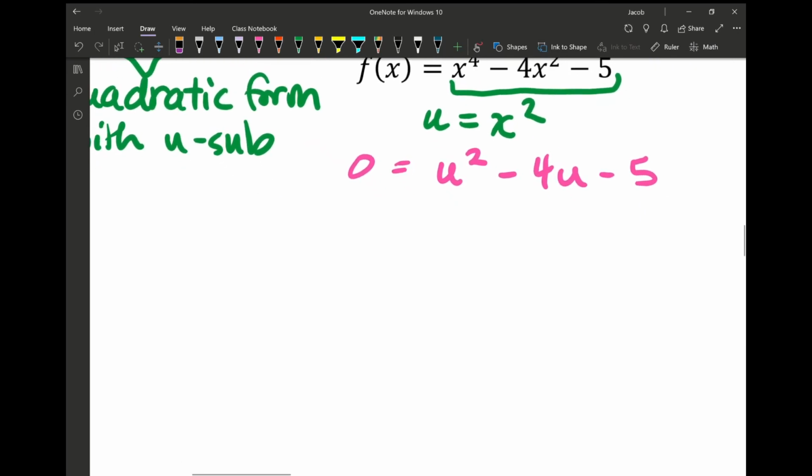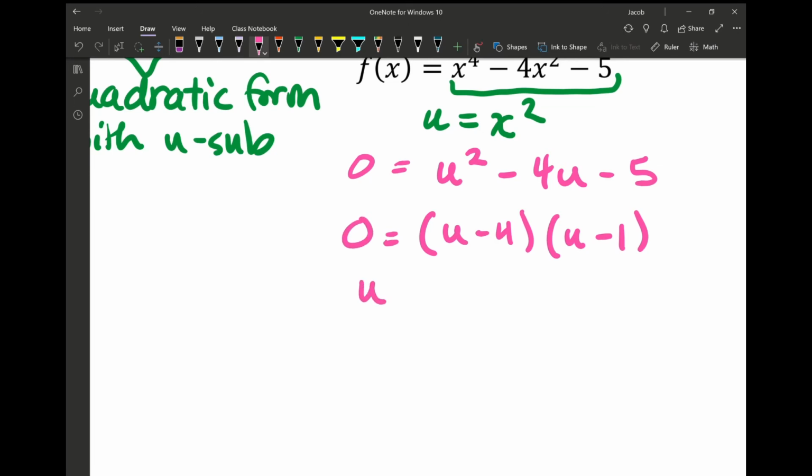And by factoring, I'm going to get a pretty easy factoring solution: u minus 4, u minus 1, and then my zeros for u are going to be u equals 4 and u equals 1. But that does not mean that the x-intercepts are 4 and 1. That means that u's intercepts are 4 and 1. We have to go back and replace